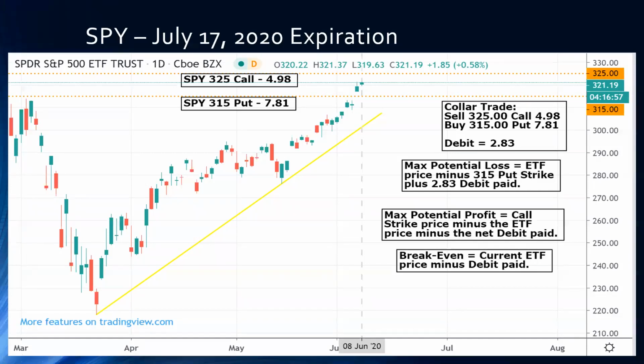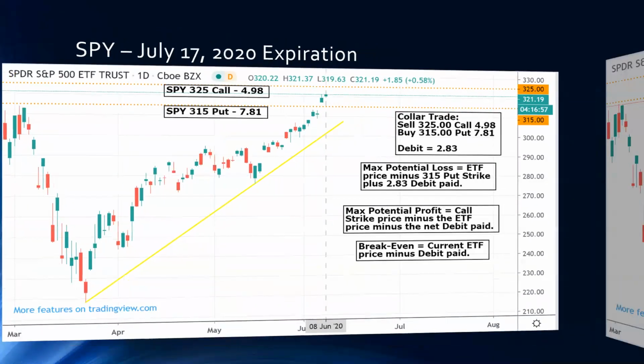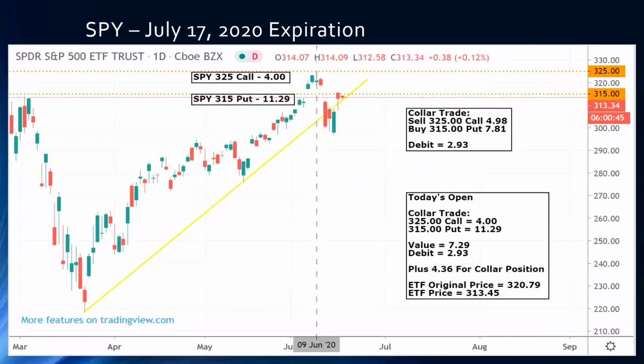Now, since I've given you this example, you're like, oh, this is all fine and dandy. Well, what does that really mean today? How does this translate? So we're going to give you the answer to that question right now. The same example here, we have the Spider, but we had this updated to today before this webinar came on this morning. I wanted to see what the pricing would be and how this trade would have evolved for you. And you can see why you put these trades on because of the scenarios like we said.